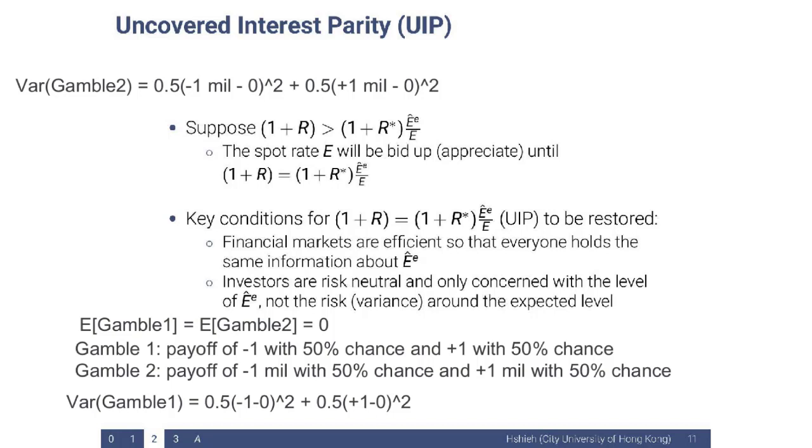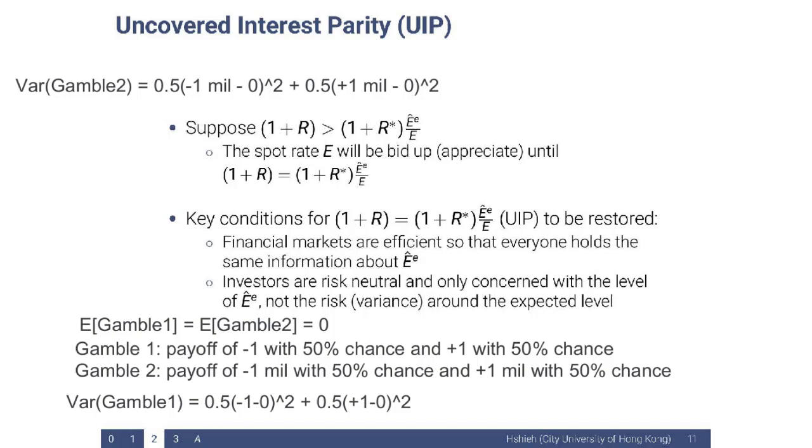All right, so can somebody tell me the variance of these two gambles? Let's just do it by hand. So variance of gamble 1 is equal to